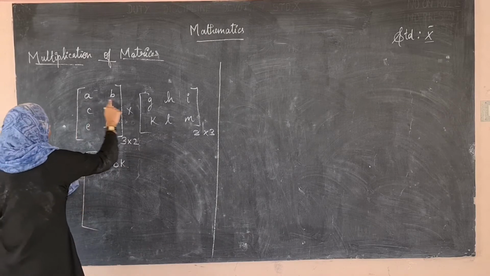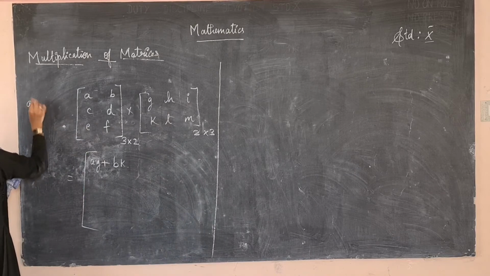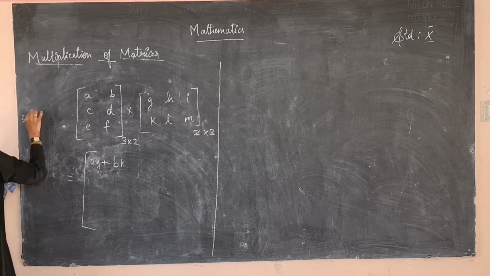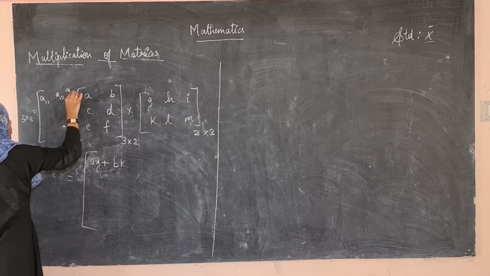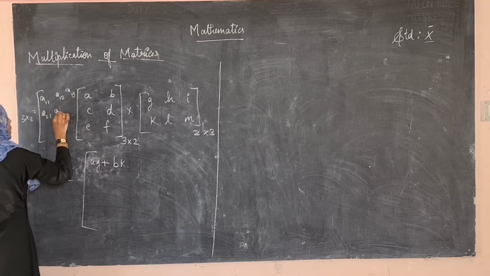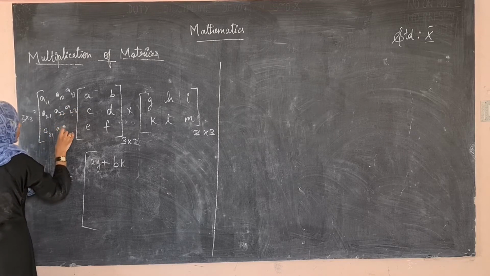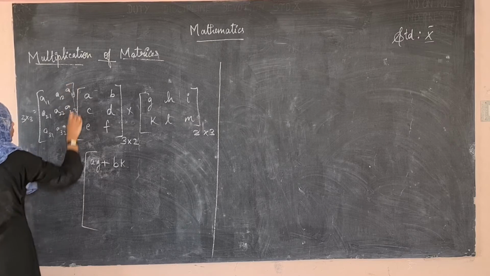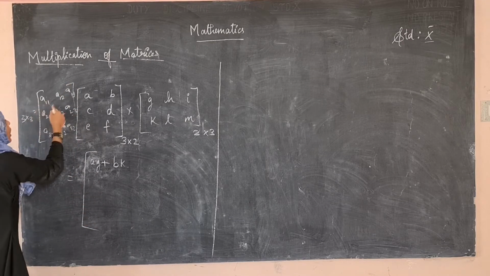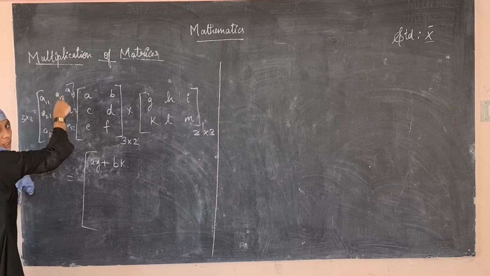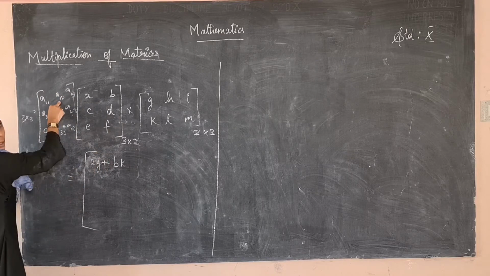And again, first row, second column. See here, if it is a 3 cross 3 matrix only we should get, right? What are the elements here? A11, A12, A13, A21, A22, A23, A31, A32, A33. This is how we will get the resulting matrix, right? A11 means first row, first column. A12 means first row, second column. A13 means first row, third column. That's how. See, this is the first row, second column.